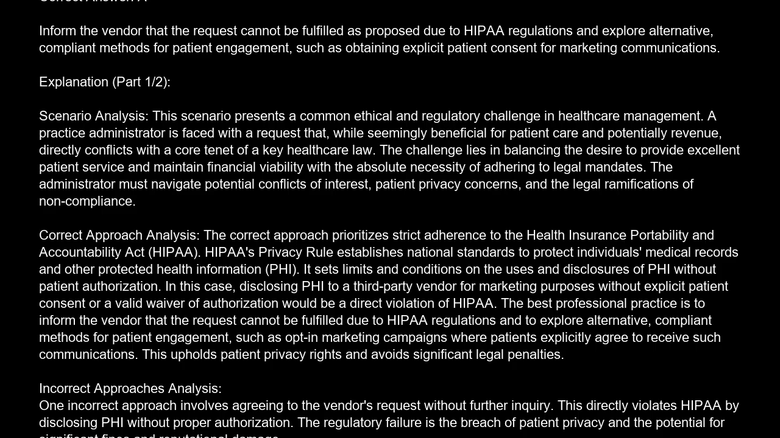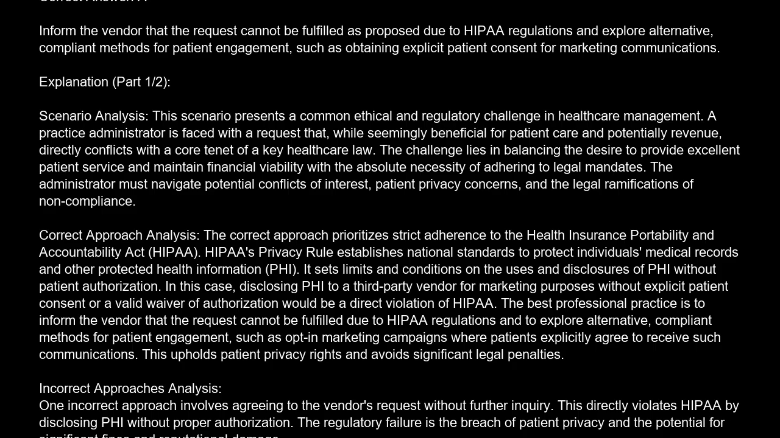A practice administrator is faced with a request that, while seemingly beneficial for patient care and potentially revenue, directly conflicts with a core tenet of a key healthcare law. The challenge lies in balancing the desire to provide excellent patient service and maintain financial viability with the absolute necessity of adhering to legal mandates. The administrator must navigate potential conflicts of interest, patient privacy concerns, and the legal ramifications of noncompliance. Correct approach analysis. The correct approach